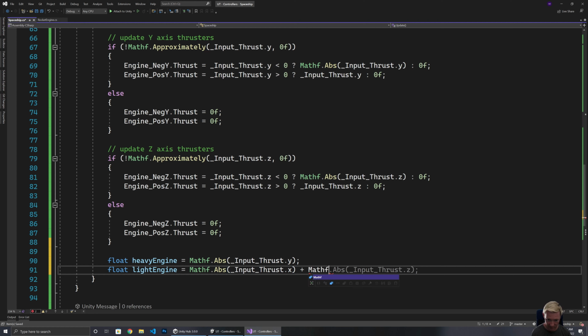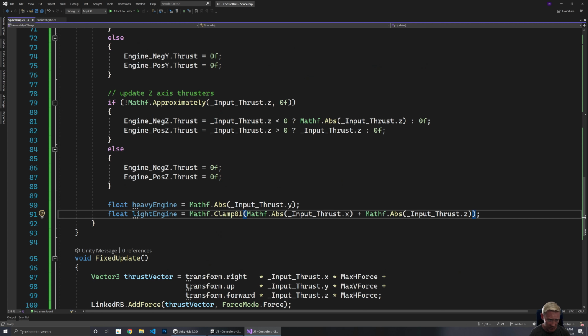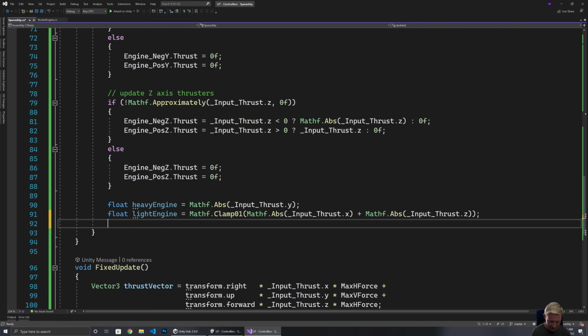So a Mathf.Abs of input thrust.z, but I think clamping that to 0 to 1. So it means if we're doing a lot of thrust there in X and Z, that will actually have more of an effect. So going fully forward will feel the same as if we were going diagonal at a rapid rate, which I think will feel good. So then we can go, well, input, actually we can just go Gamepad.current.SetMotorSpeeds,